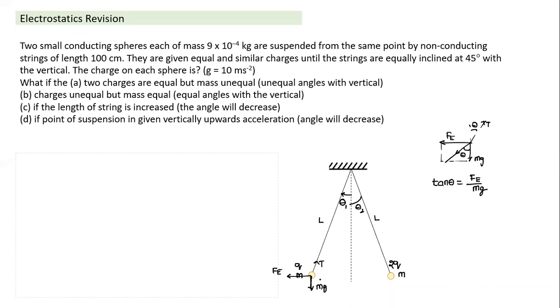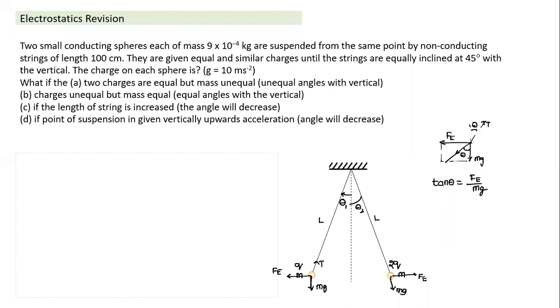See, what you notice in both cases, the downward force acting is mg, and the horizontal force acting is also Fe. So for both particles, the vertical force as well as the horizontal force, excluding tension, is equal. Tension is nothing but equal and opposite to the resultant of these two. I'm just using this principle here. Since the horizontal force and vertical force are the same, even if the charges are unequal, both will make an equal angle from the vertical. So this is one case when the charges were unequal.